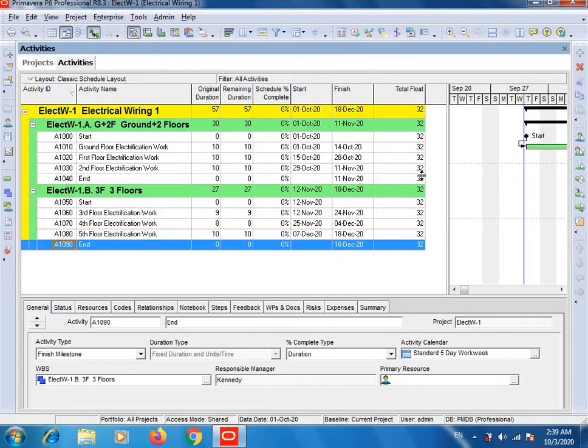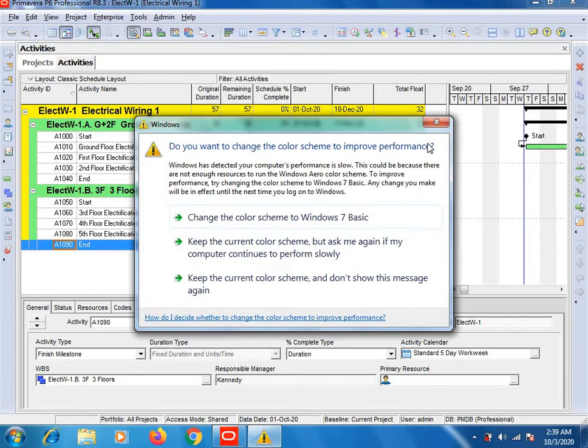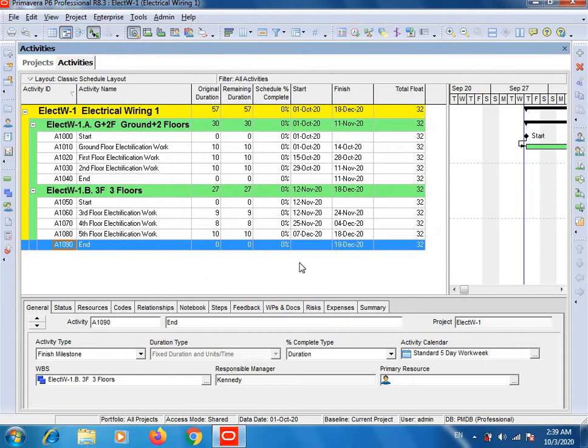So it means we have extra 32 days, and these extra days are important because anything could happen. Maybe some problem occurs during the running project, which may disturb the schedule of our project. Then these extra days will help us to complete the project on the given timeline.